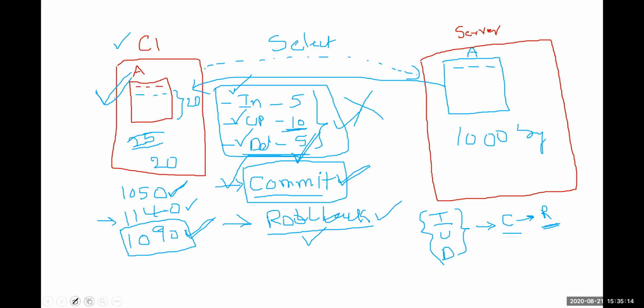In contrast, you may operate something like this. After applying all these, if you operate a rollback followed by commit, for example, I'm changing the sequence of instructions: rollback followed by commit. Rollback means whatever modifications you did so far, all these modifications will be cancelled. The original copy maintained at the server will be copied to